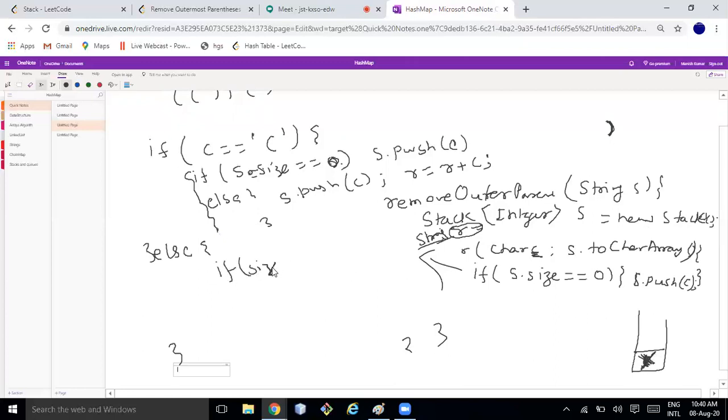If size is equal to 1, then just pop it out, s dot pop. Don't need to add. Otherwise, add it to the result, r equals r plus c, and at the end you need to pop also, s dot pop.